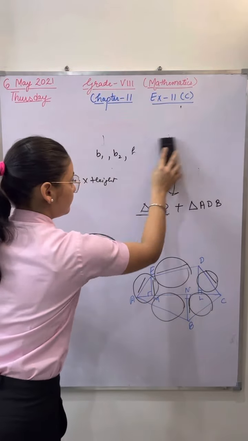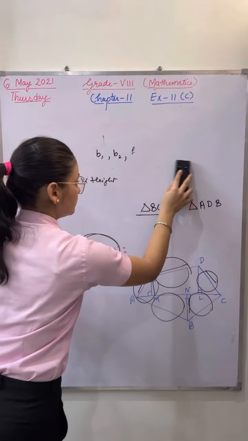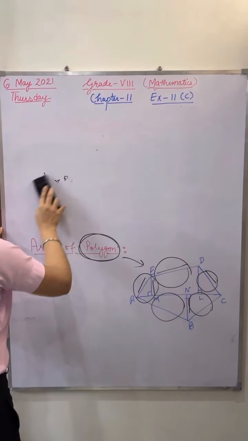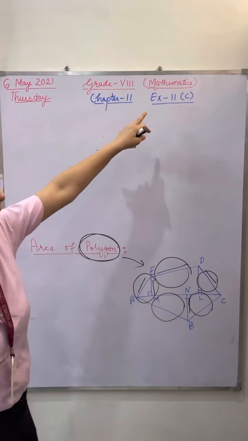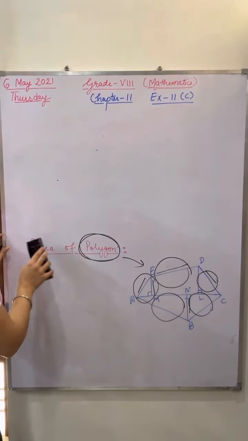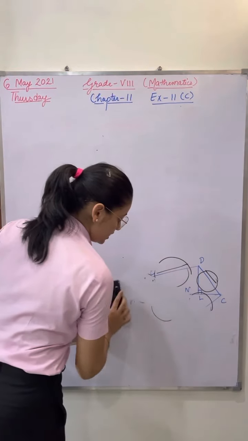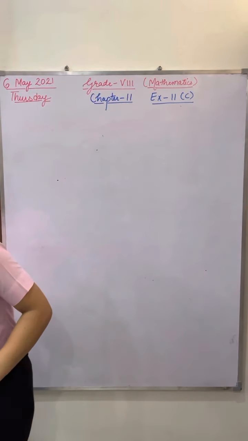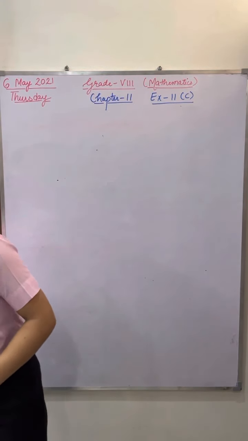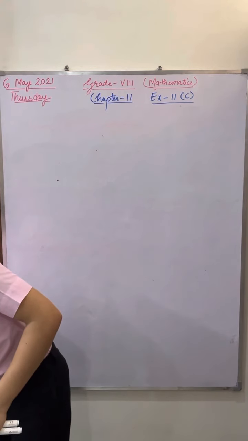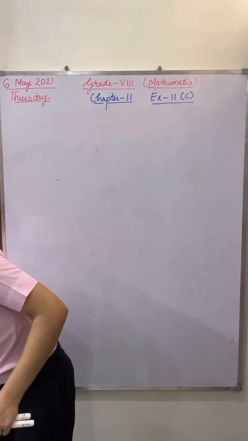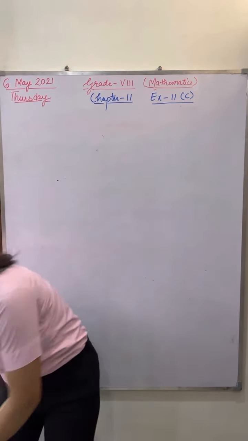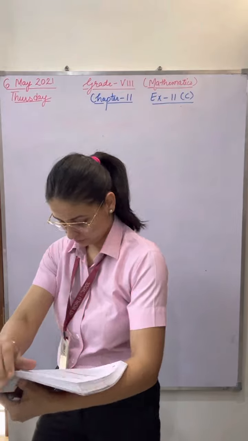Angel, set your camera, beta. Angel, it's awesome. Set your camera and sit nicely. Open your book. Open exercise 11C. Right? And then we'll start with the questions. Take your practice notebook with you quickly. Agni, please show me your book and your practice notebook where it is. Agni, it's awesome. Spark, show me. Set your camera. Don't take your camera in your hand. Keep it aside.